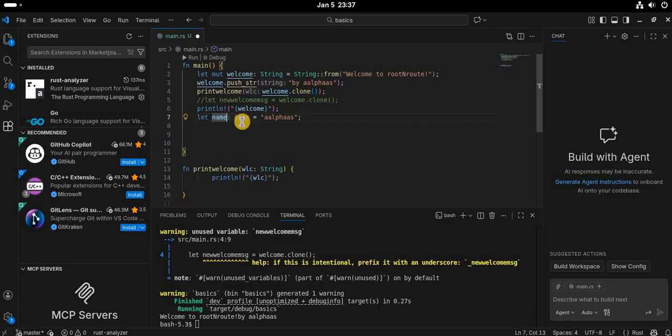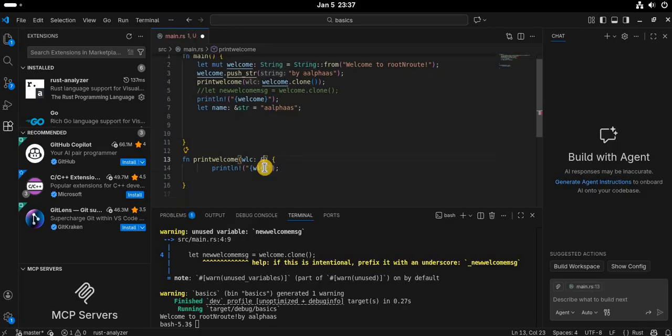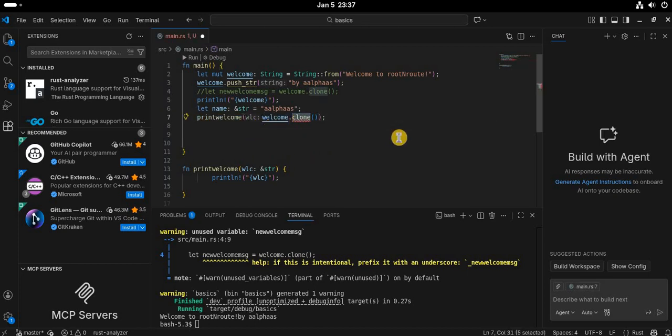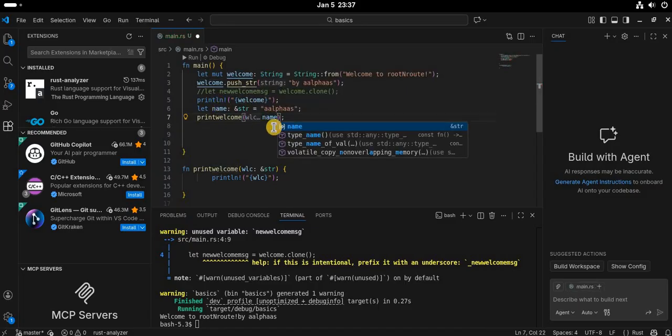It's a slice of string, and it's always immutable. And suppose if this is a string like this, and now if you call this one here, name,